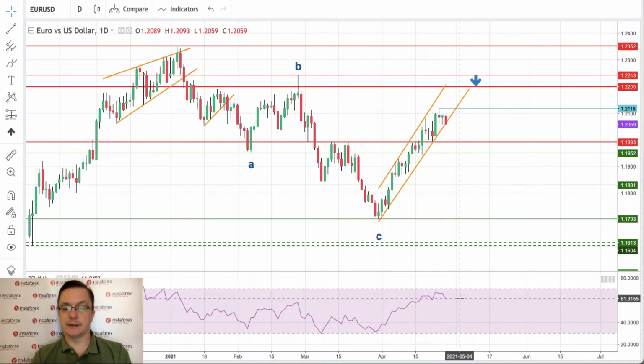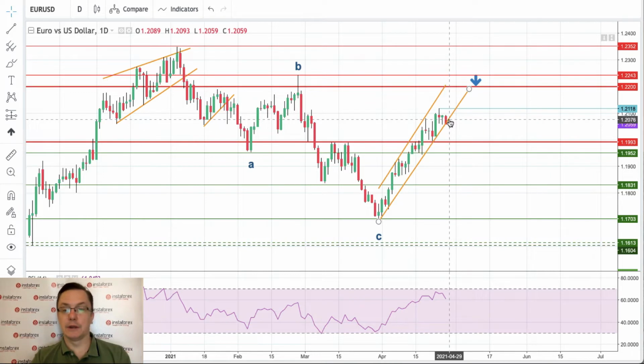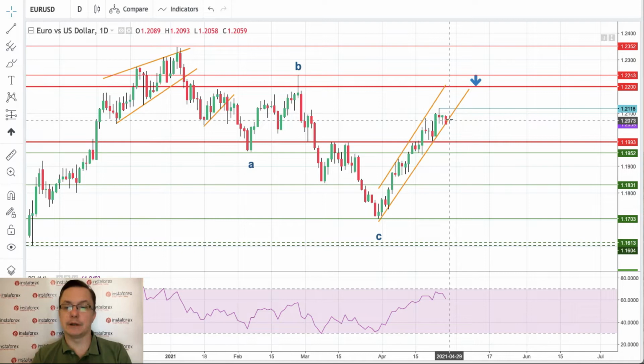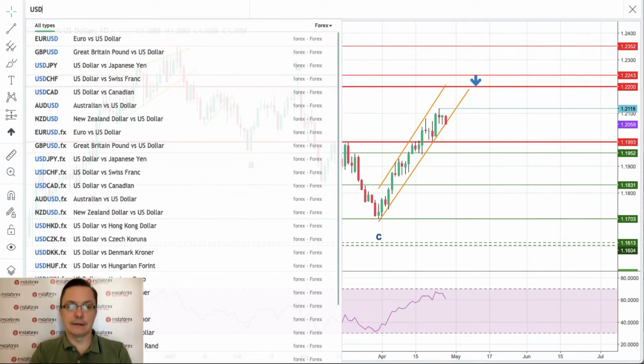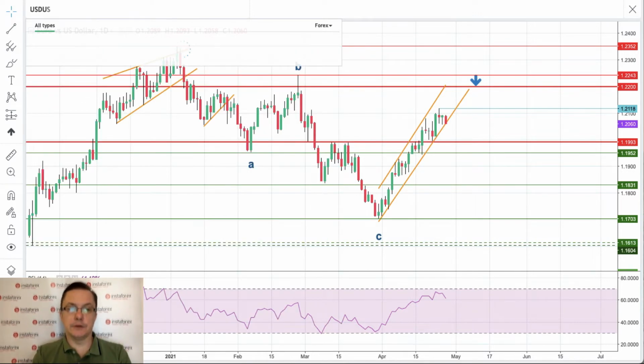The RSI is still 61, so it's strong, it's positive, the sentiment is still bullish, but I guess there will be very limited volatility before the FOMC interest rate decision, and then of course if the market gets caught by surprise, the volatility will increase and trigger some move on the EUR/USD. The other pair that will react is the US dollar to the CAD,